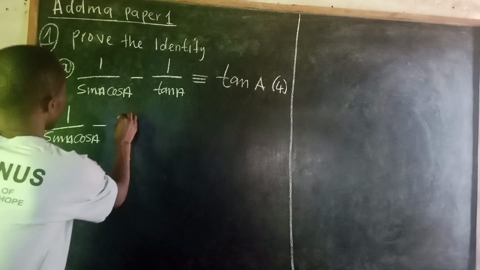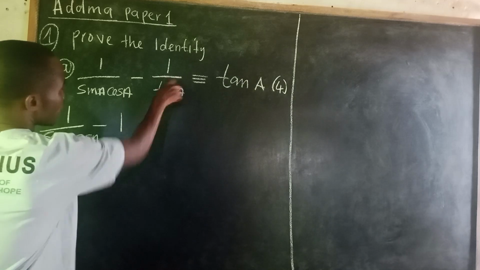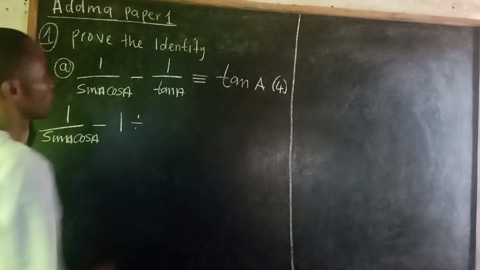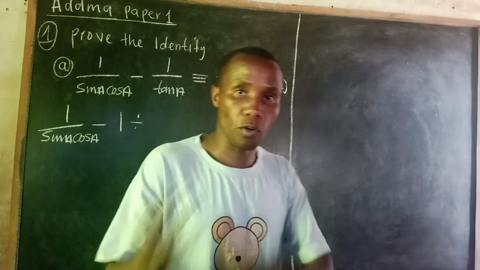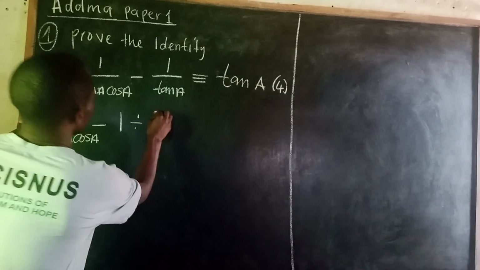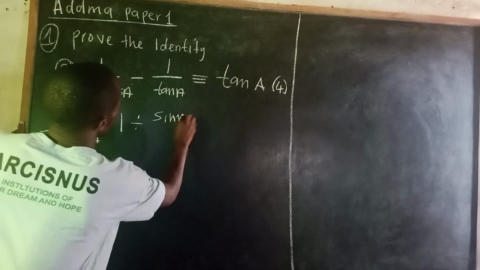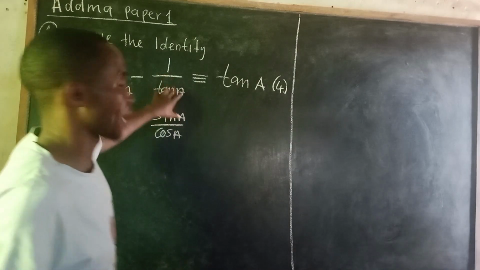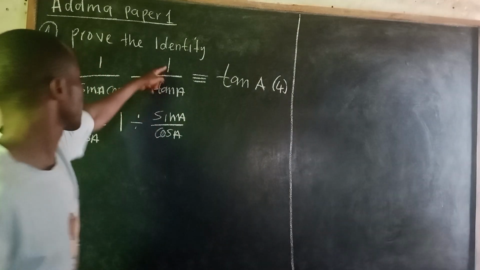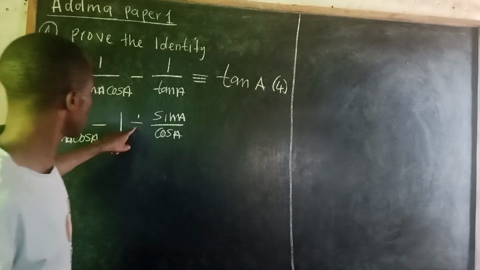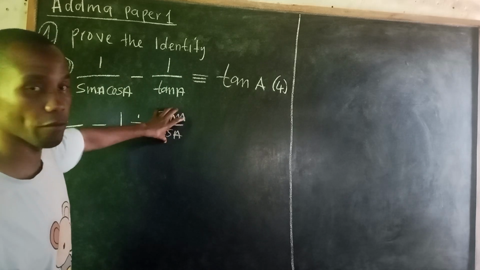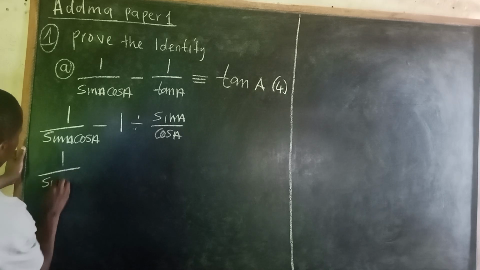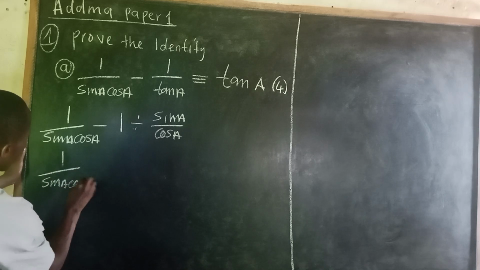So we have 1 on top, divided by tan, which in the quotient identity is sine A over cos A. So this is tan. That's what it means. So we are saying 1 over sine A cos A